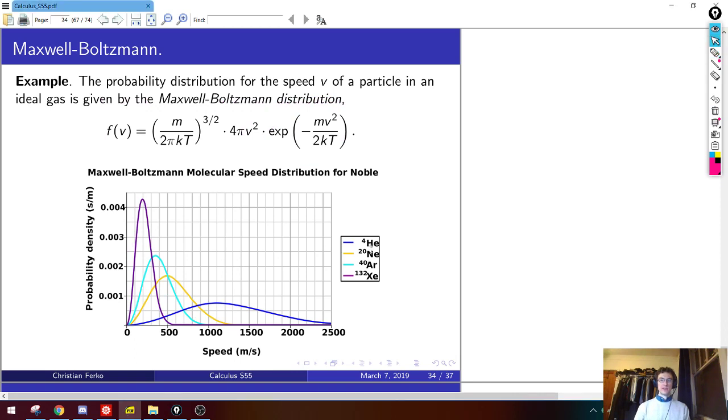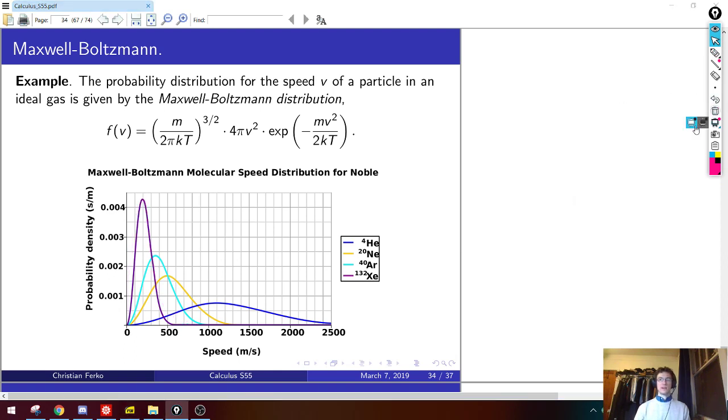And I plotted them for different gases. You say, why is this different for different gases? Because they have different mass, right? Mass appears explicitly in the exponential and in the prefactor. So the mass controls basically how fast this thing dies off. For something relatively light, like helium with a small mass, which is the blue curve, you see it dies off very slowly, right? Because it's easy to make those guys run fast because they're very light. But for something heavy like xenon, probably some isotope, it peaks very low in speed space because it's hard to get these guys moving fast because they're heavy.